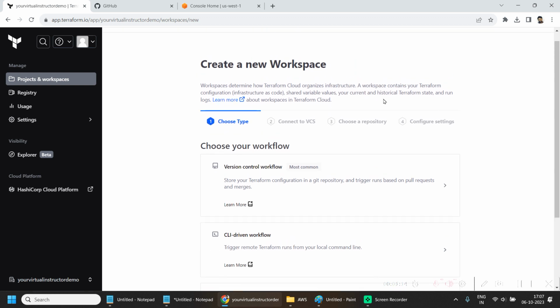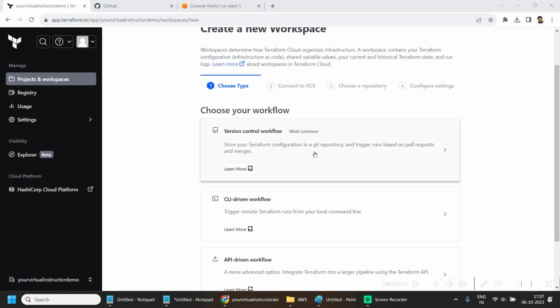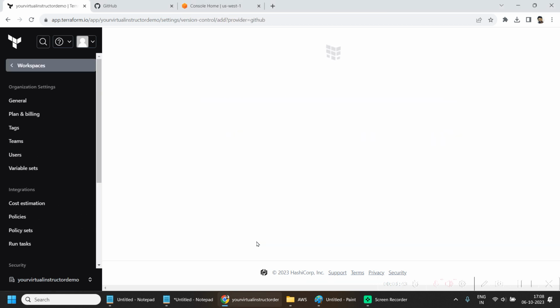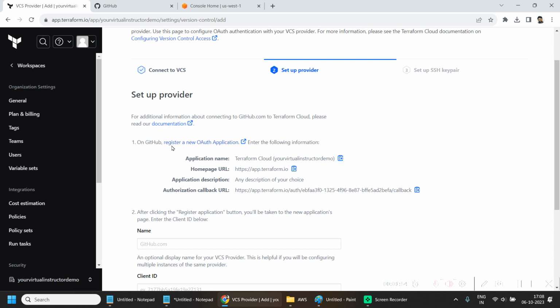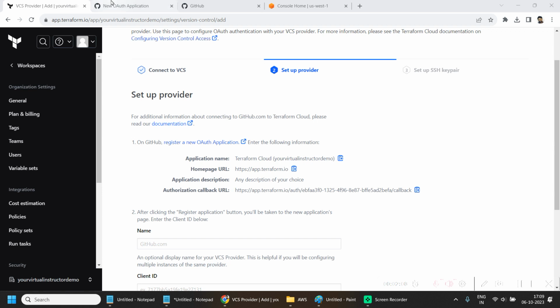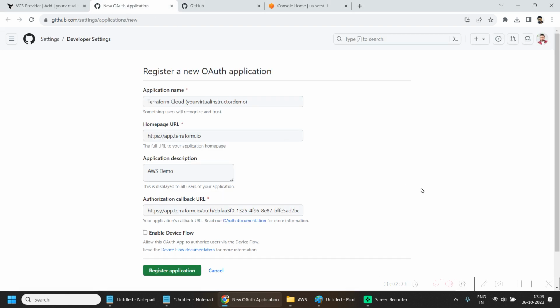First, we need to link our workspace to a particular repository. So this is a GitHub repository in our case, which we have seen a few moments earlier. Here I will be selecting this option and then we'll go here. Here I will be selecting GitHub custom and I will be clicking on this link provided by the Terraform Cloud portal. Here I will be supplying the values which are given by Terraform Cloud. Once I am done with supplying these values, I will be clicking on register application